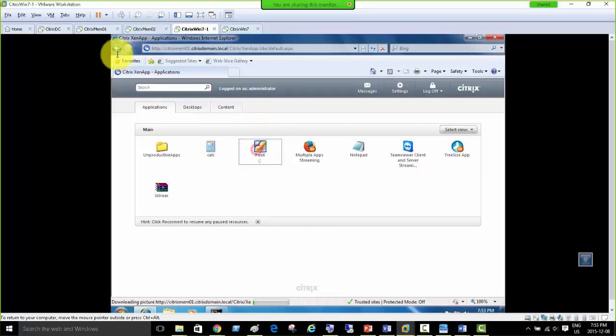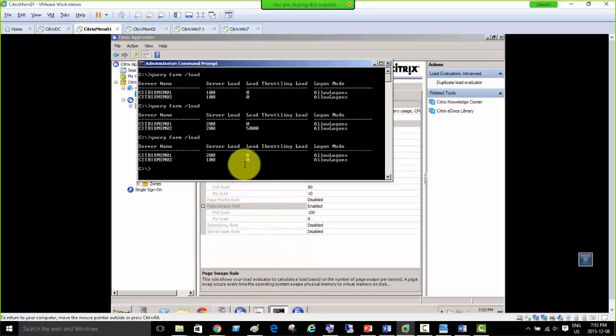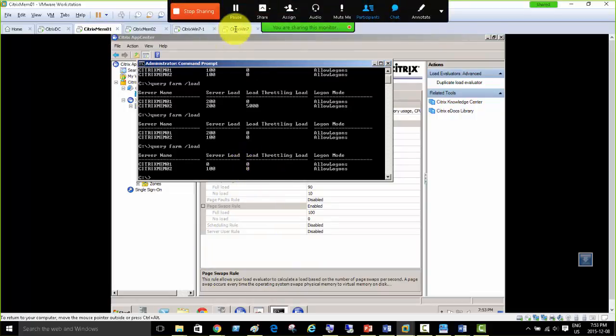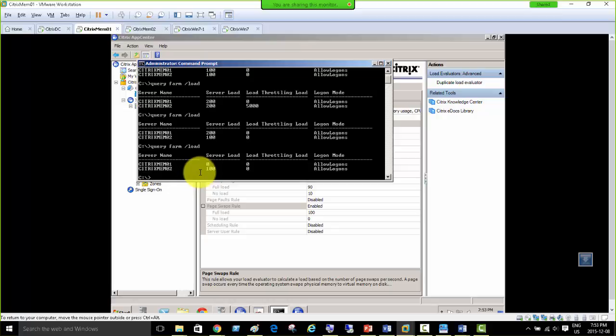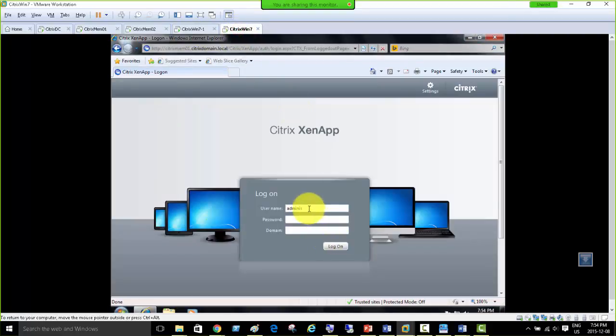So the user session has logged in, and if I go for throttling, okay, let me just show one more thing. So now there's one session connected on Citrix mem 2 only, because the second is on the other machine there. Okay, let me just log in from here as well, just to show that throttling once more. Administrator,